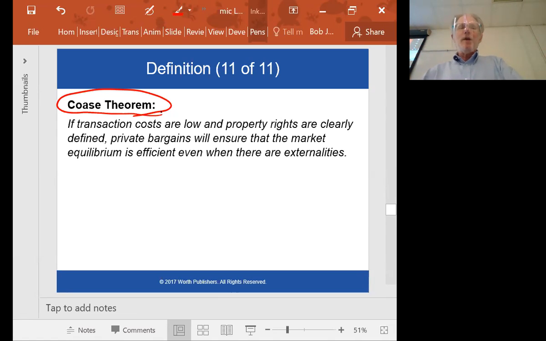The Coase theory says that if property rights are clearly defined, that means if every resource is owned by somebody, and if transaction costs are low, it means it's very easy for people to get together and trade, then efficiency can still be reached